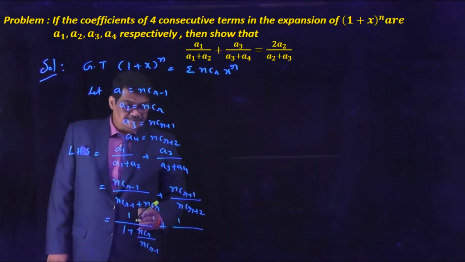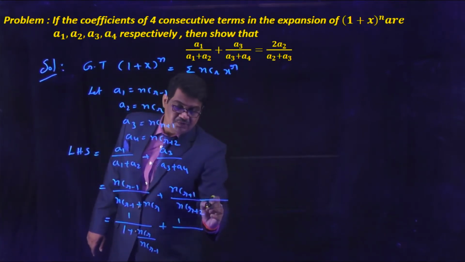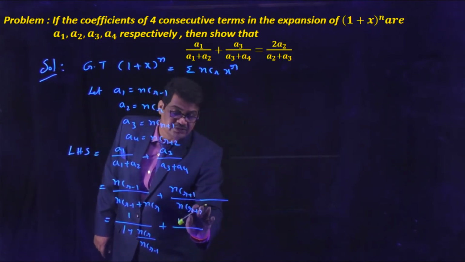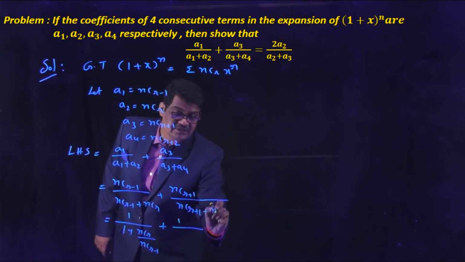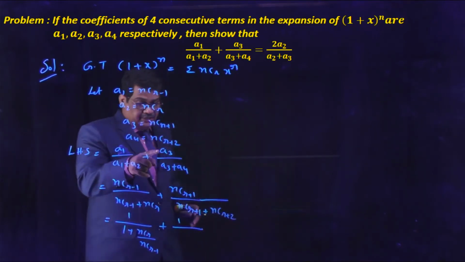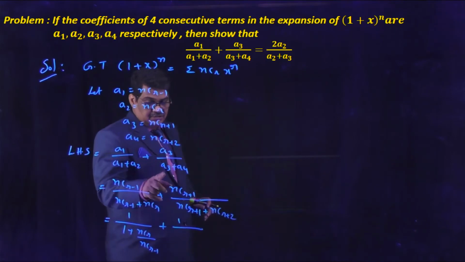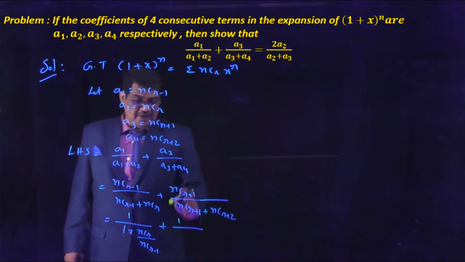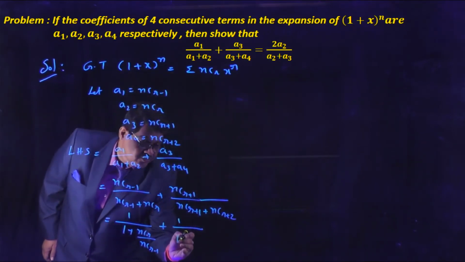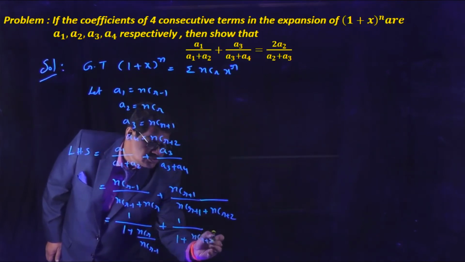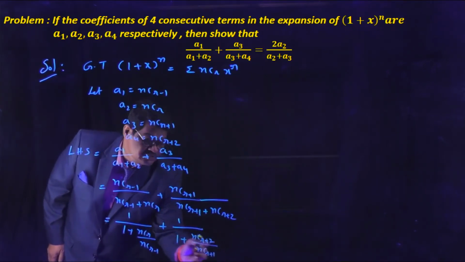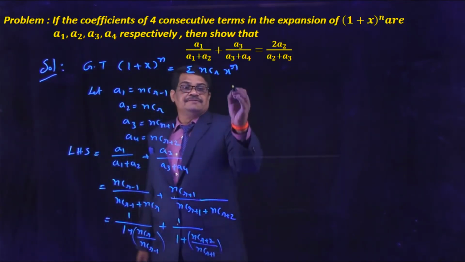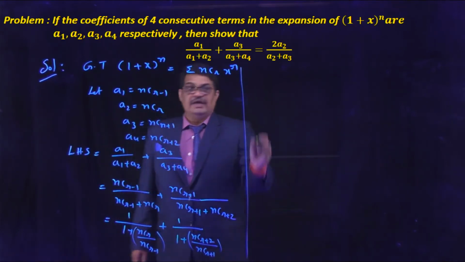Then we are getting here a3 is nC(r+1). Now we are writing this as 1 by (nC(r+1) plus nC(r+2)). Here a3 is nC(r+1) plus a4 is nC(r+2). Now we are dividing by nC(r+1). Here we are getting 1 plus nC(r+2) by nC(r+1). Okay, next we are writing that LHS is equal to